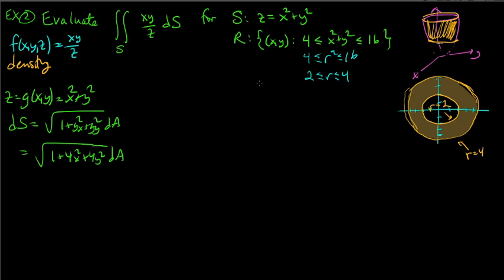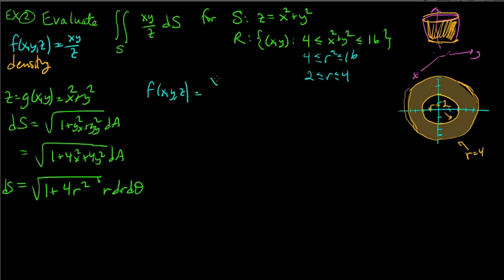So you can see where this is going, right? Because of the radial symmetry here, we're probably going to switch to polar coordinates, in which case dA is now r dr d theta. Remember, it used to be dy dx, but now we need an r dr d theta. So that's the dS. And the function we're integrating here, the f of x, y, and z,